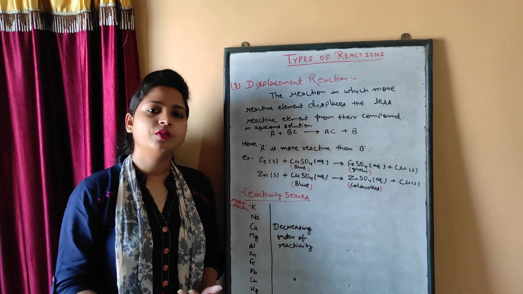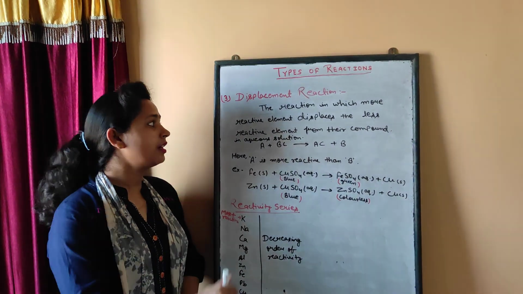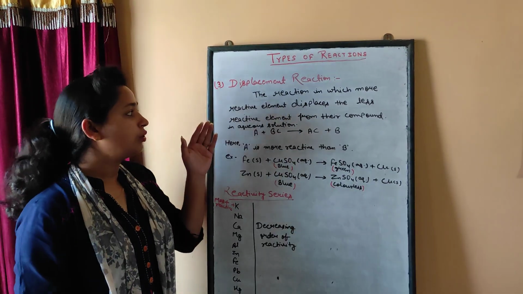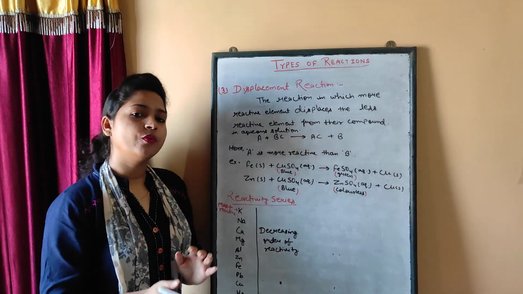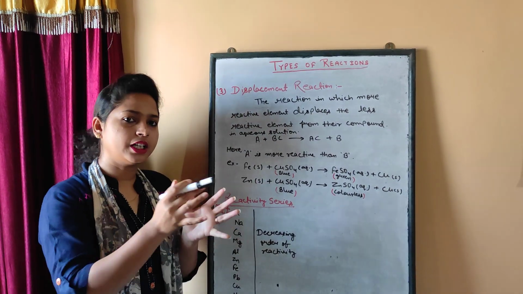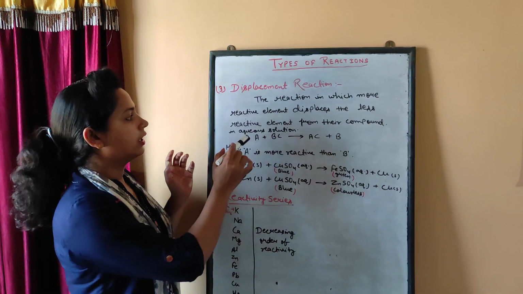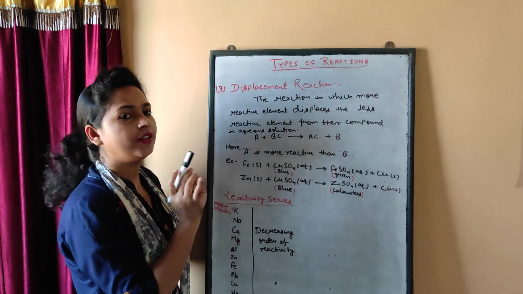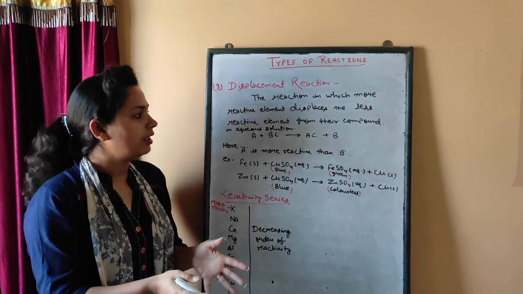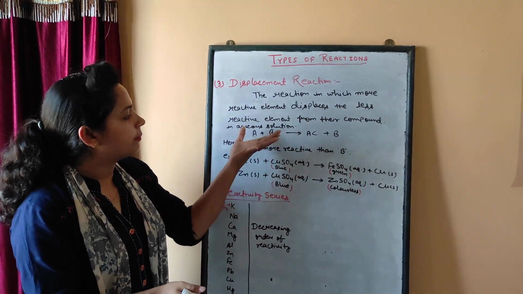Now, moving towards the next topic, that is the displacement reaction. This is the third type of reaction. So, what is a displacement reaction? Whenever the reaction takes place between an element and a compound, right? Then the more reactive element displaces the less reactive element from its compound, and that compound is always in